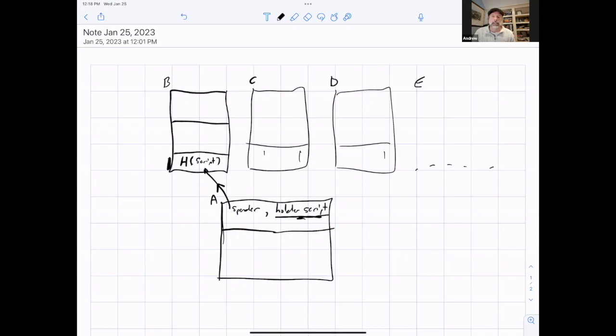Outside of the script's normal execution model, it says, I've looked at this output, and this particular output happens to be formulated exactly as a pay to script hash output, even though it is in no way identified as such. It just follows the same pattern. And so I'm going to assume that any output that follows that pattern is actually pay to script hash,